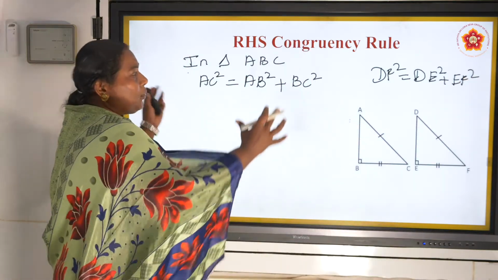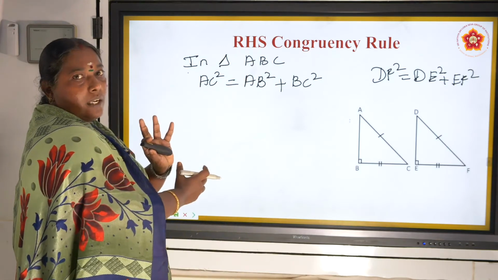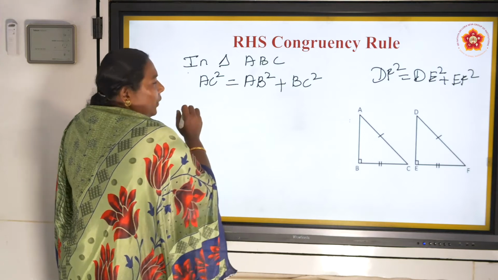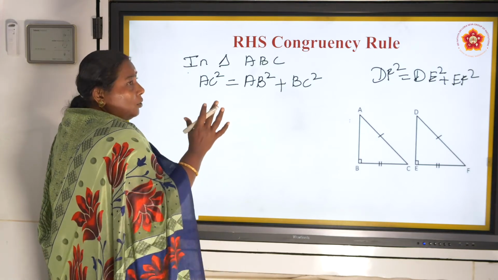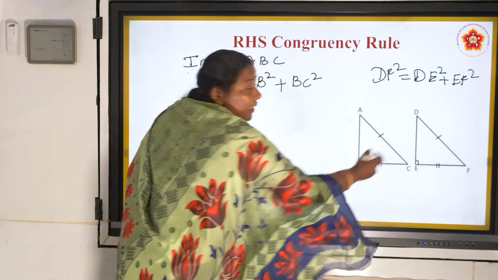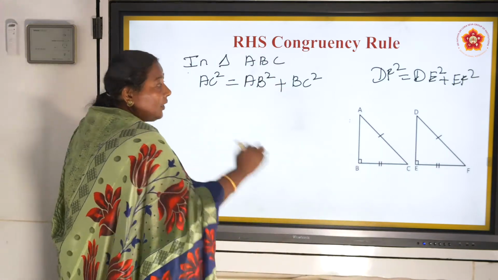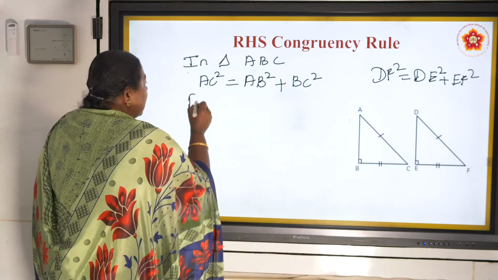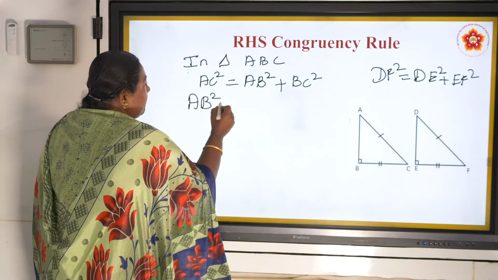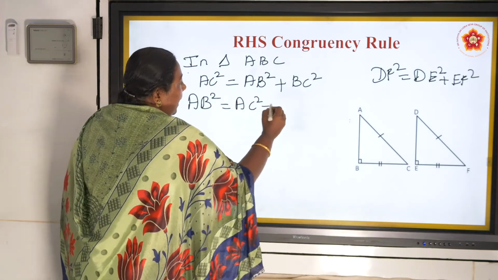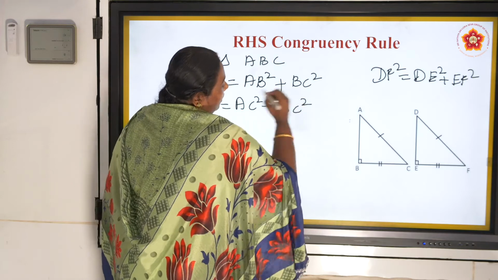Okay, now I am going to bring it once. Let us see how. Do I want AC square? No, I don't want, because in the theorem itself already they have given AC is equal to DF. So I don't want. Who I want? I want to talk about AB. I'm having AB square. Keep the AB square one side and bring everyone other side. So AC square minus BC square.